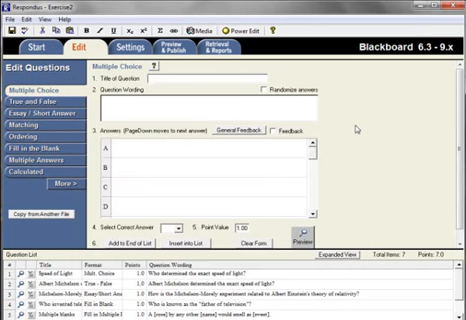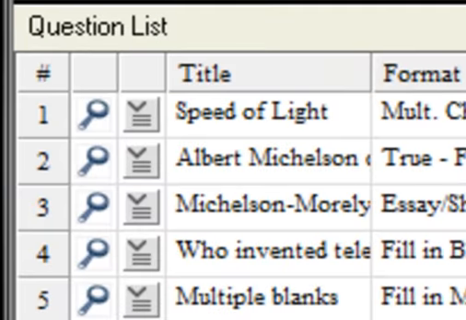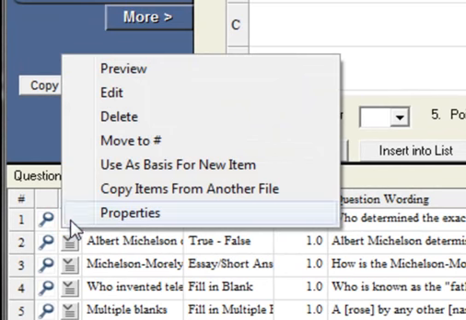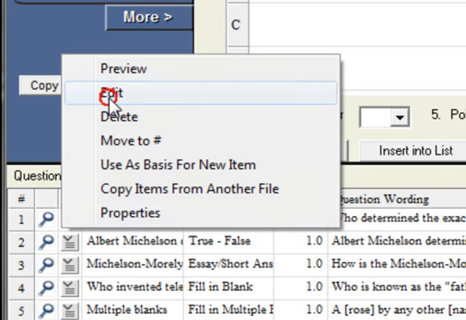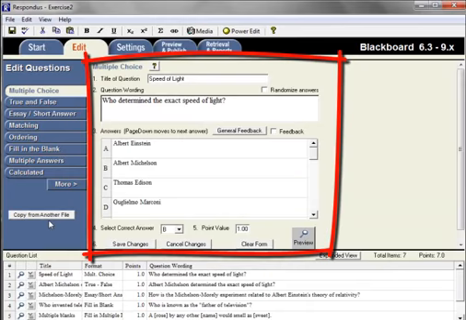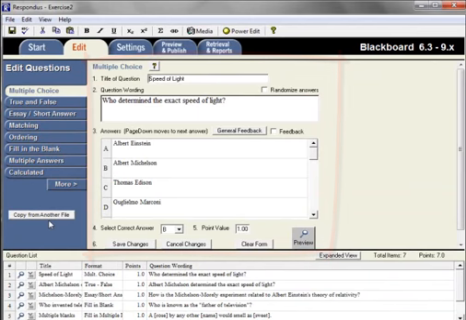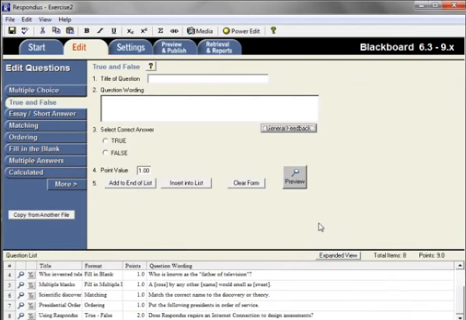To edit a question, click the question menu of the specific question you want to edit. From the menu, choose the Edit option. Notice that the question is now displayed in the editing area. By following the guide, you can make any kind of change you desire, and you can add additional questions to